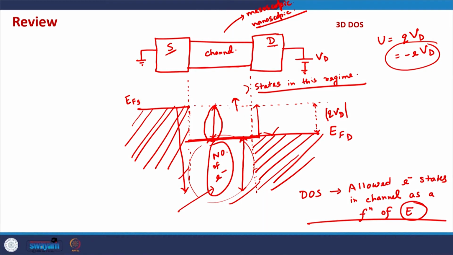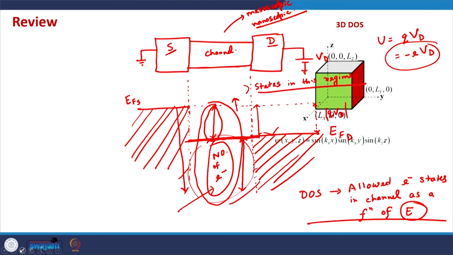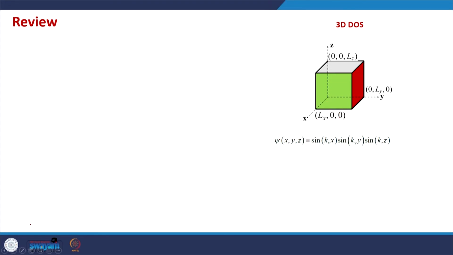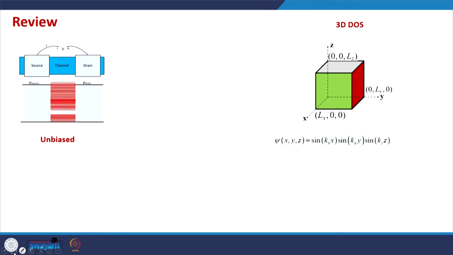So, that is why it is very important to know how many states are there, how many allowed electronic states are there as a function of energy, so that we can understand the idea of conduction, the idea of transport in devices well. And that is what we started with in our previous class. We saw that